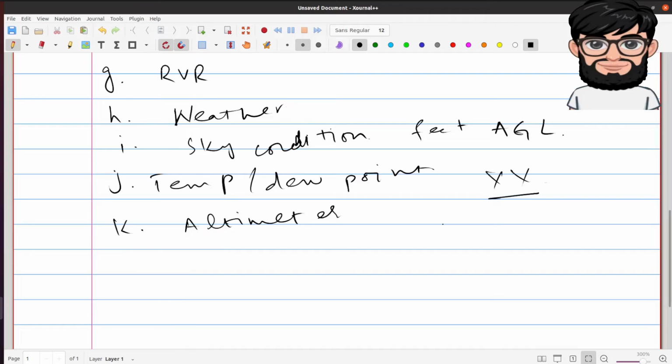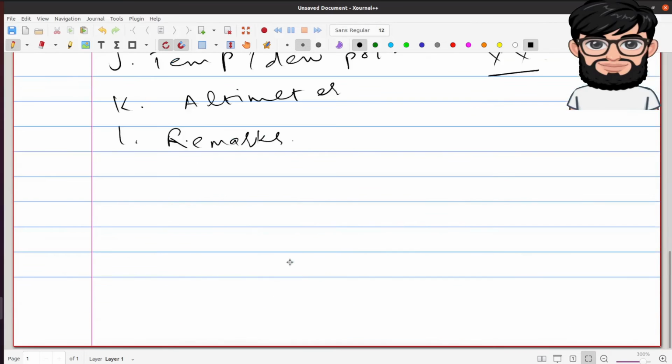Okay, and the last is the remarks. So again, if it is as required: operationally significant weather phenomena, location of the phenomena, beginning and ending times, and direction of movement. So stuff like that. I do want to cover at least one example here. So one example would be